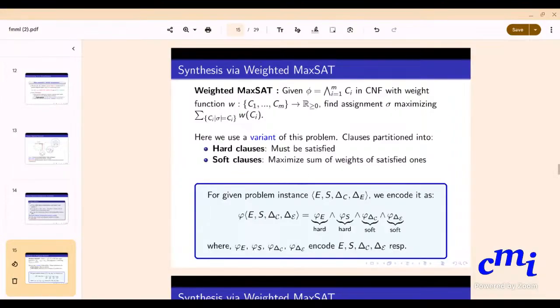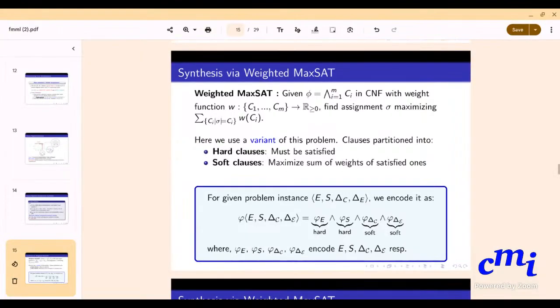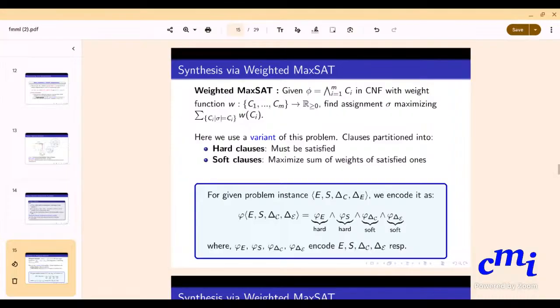Your explanation was not very clear. Unlike SAT, maxat gives a satisfying instance such that every hard clause must be satisfied, and it maximizes the weights of the soft clauses that are satisfied. Emphasize the fact that not all clauses need to be satisfied. Unlike SAT, here it satisfies as many of the soft clauses as possible to maximize the weights. Okay, I'll mention that.